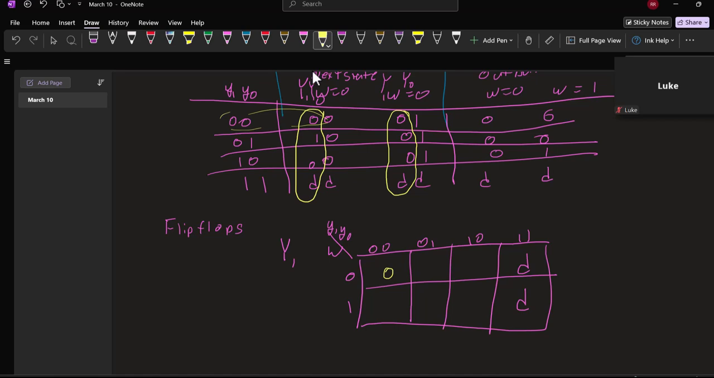When it's 0, 1, I get a 1. Oh, this should have been 1, 1, and this should have been 1, 0, because I don't know how to make a K-map. And 1, 0 is 0. And then if I look at my second column, those are all zeros. And then to get capital Y0,